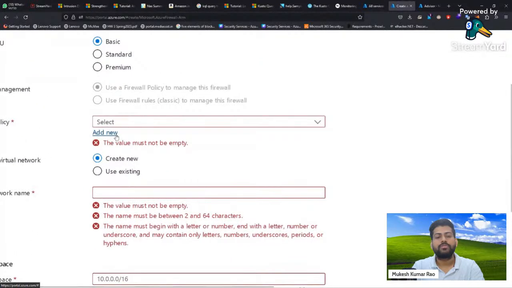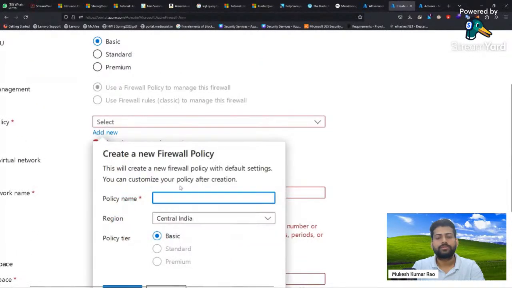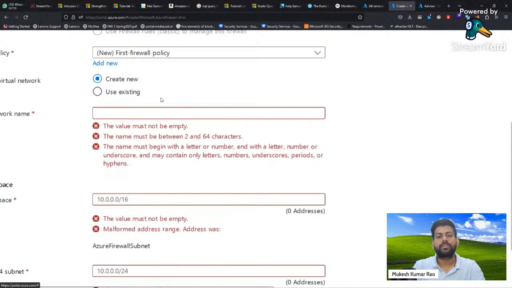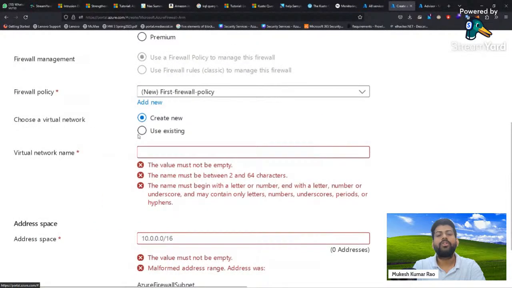Let me zoom and then you can see. So we'll create a first firewall policy. Location is Central India, and then just click on OK. So that is created. Now you have to choose a virtual network.